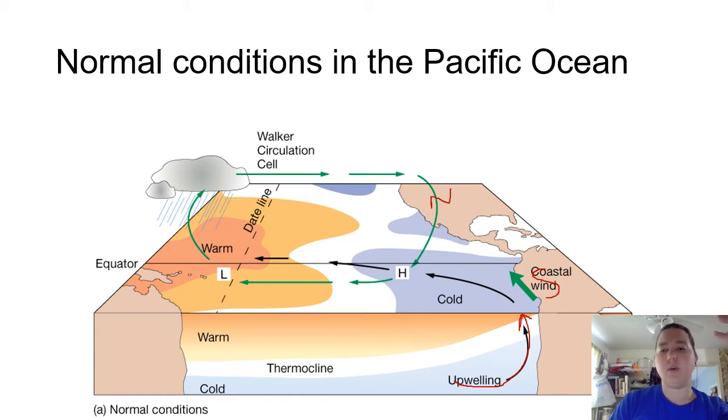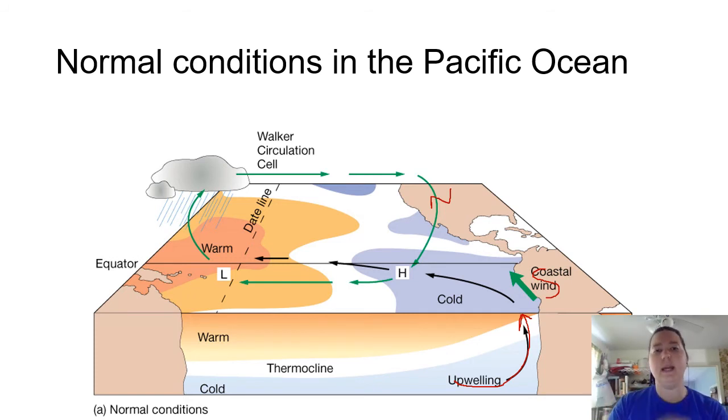Normally, off the coast of South America in the Pacific Ocean, we end up getting really abundant food webs, really strong fisheries. Fisheries is just a general term for anything that comes out of the sea that we eat. So we usually have a really strong food web there because of this upwelling,